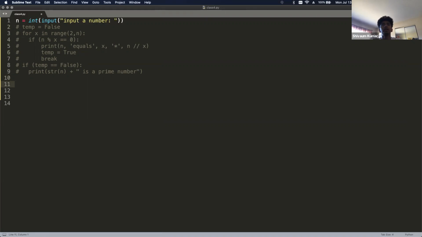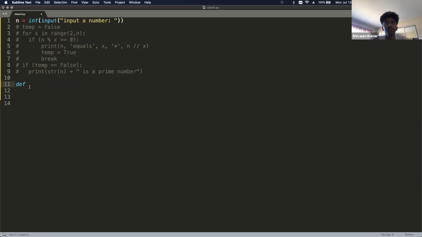So this is where we talk about functions. Functions in Python are essentially an entire block of code that you can call. Let's say I have a word and I want to find out whether the letter A is in that word. I can use a function called check A, which takes in a string, a word, goes through the string and checks whether the letter A is in it. That's an example of a function. In this case, we'll make a prime function where we input a number n, check whether it's a prime number, and then output whether it's a prime number or not.